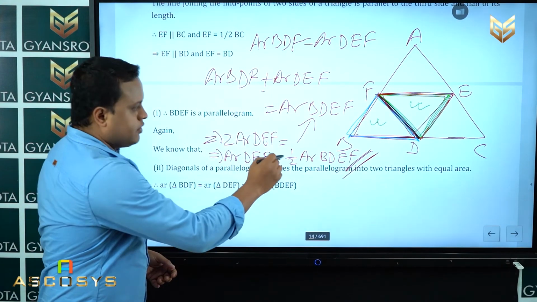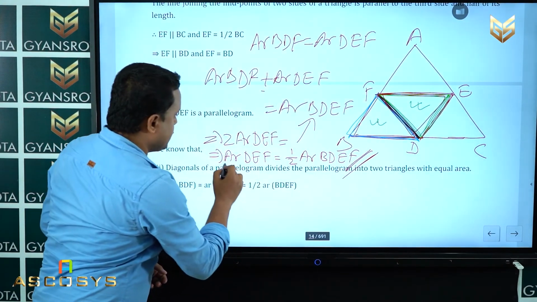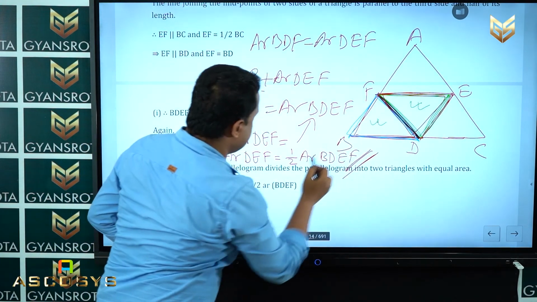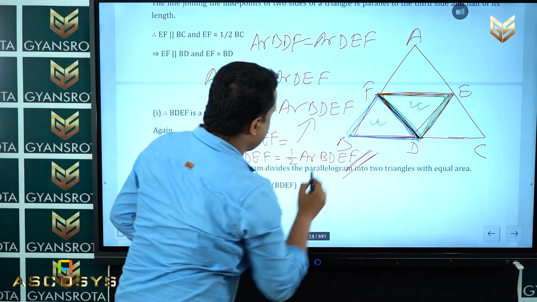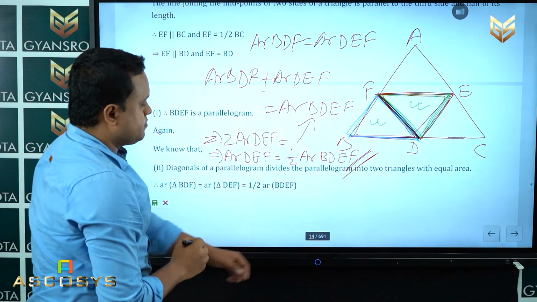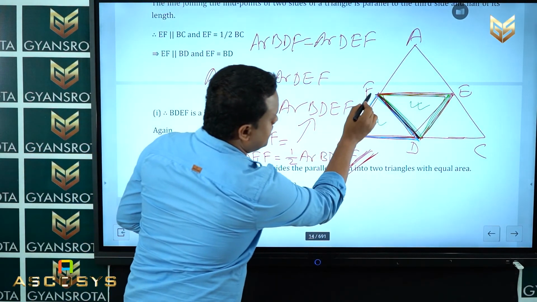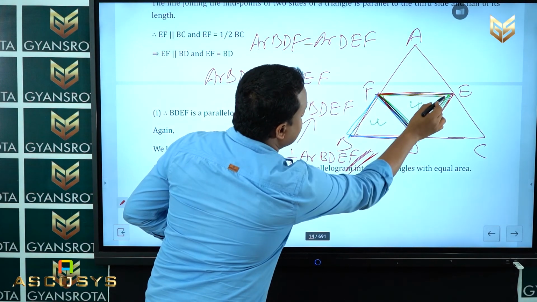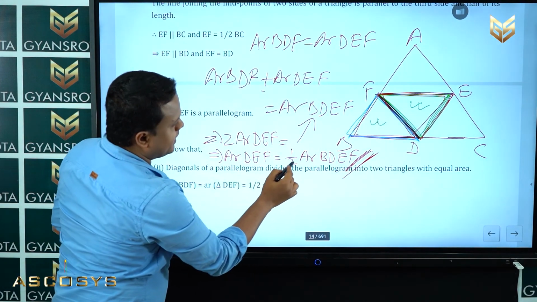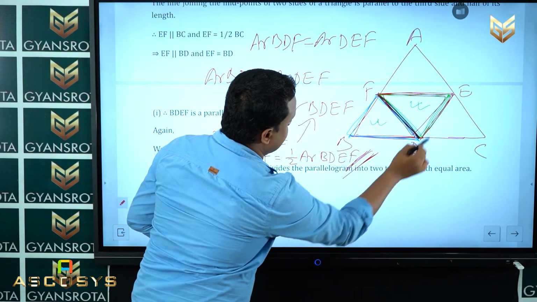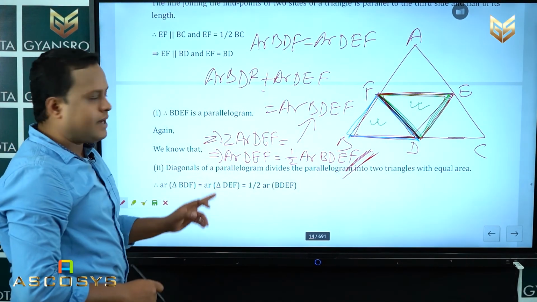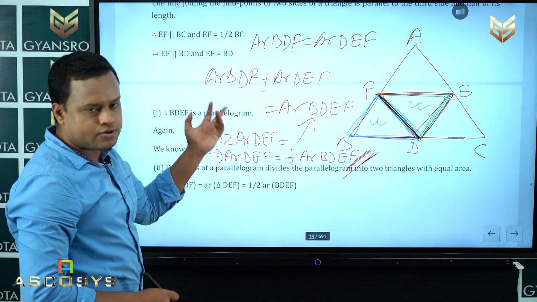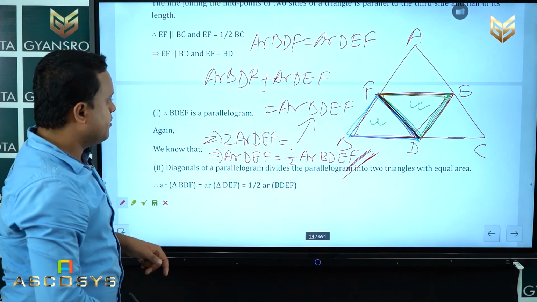So, that is the thing we had to prove. Area of DEF is equal to half of the area of the parallelogram BDEF. We have proved that the area of triangle DEF is equal to half of the area of parallelogram BDEF. That is how you need to apply your concepts and theorems to solve this kind of geometrical